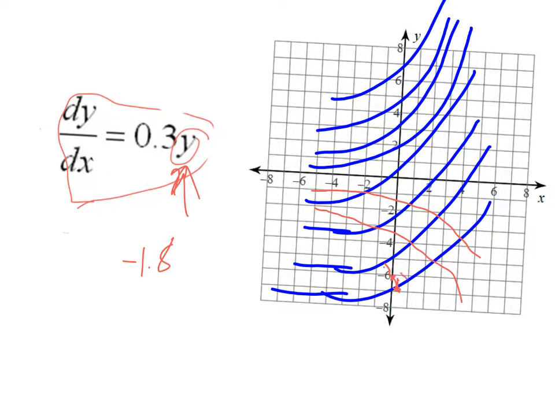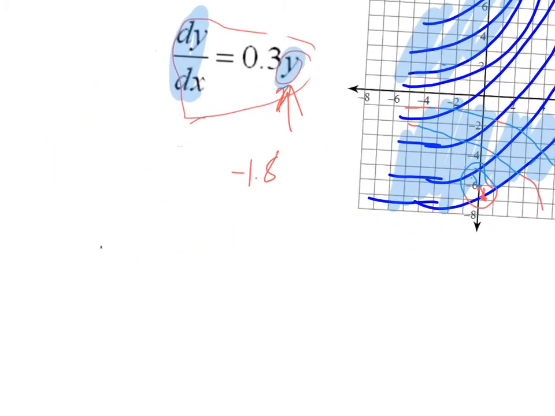You can see that this slope right here at that point does not correlate with what's happening with these lines. So if you paused the video and said, hey, these right here make sense, but these seem like you get a positive slope at the negative y's, and if I have a negative y, shouldn't I get a negative slope? Then you did the right thing. You noticed that there's an issue right there. Alrighty, so,